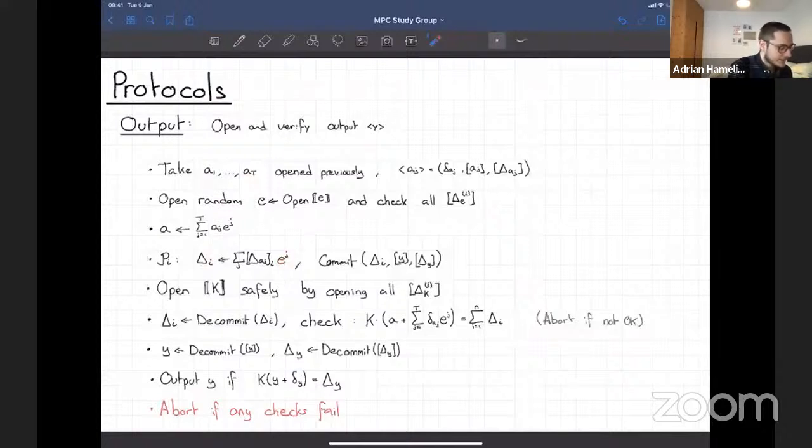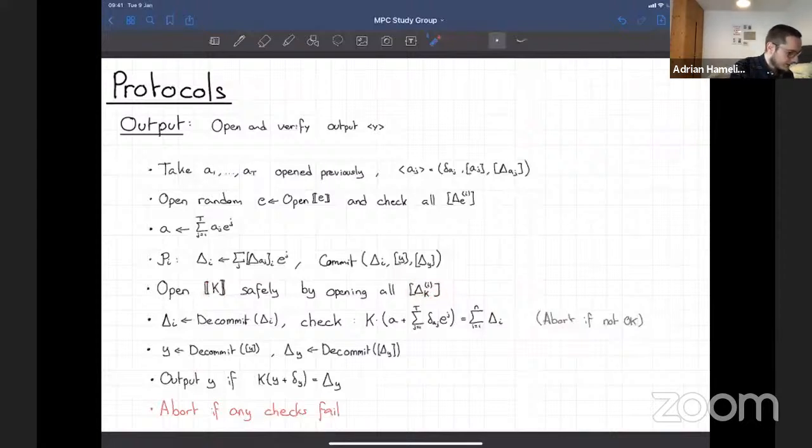At this point, each party commits to this value big delta of I, their share of Y and their share of the tag of Y. So at this point, you can't change anything. Even now you can safely reveal K, because the parties will not be able to change Y or delta Y. So you reveal this, and each party then checks the MAC tag associated to it.